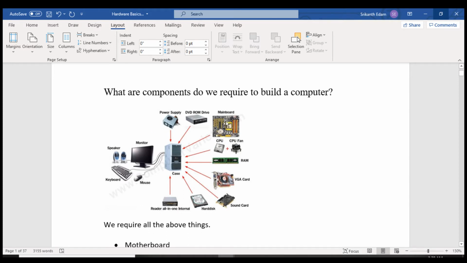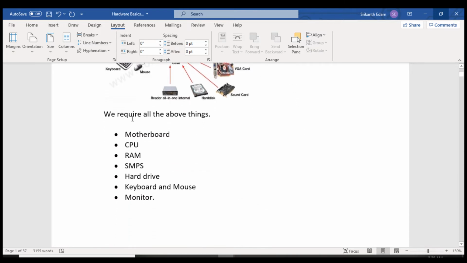On the motherboard we connect the CPU fan, RAM, VGA card, sound card, hard disk, DVD writer, power supply, and we connect the monitor, keyboard, mouse, and speakers. If we assemble all these parts, then only we can build a computer. This is what I mentioned here: we require all the above things: motherboard, CPU, RAM, SMPS, hard drive, keyboard, mouse, and monitor.